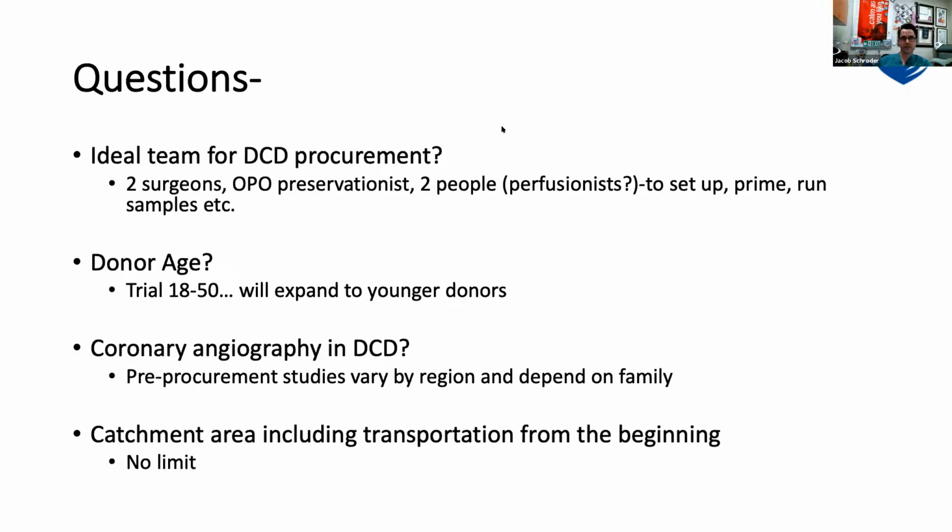The ideal team for DCD procurement takes a dedicated team, and we are lucky enough that we have Ben Briner, one of my partners, and I go on all the procurements. We have not been sending an organ preservationist, which has been fine for us because we're self-sufficient. We send 2 other people at this point because it's still part of a trial. We have a CRC and one of our perfusionists, and we have a perfusion group of 32 people here, and about 8 of them take call for TransMedics runs. The donor age currently as part of the trial is 18 to 50, but this needs to be expanded to pediatric, both donors and recipients.